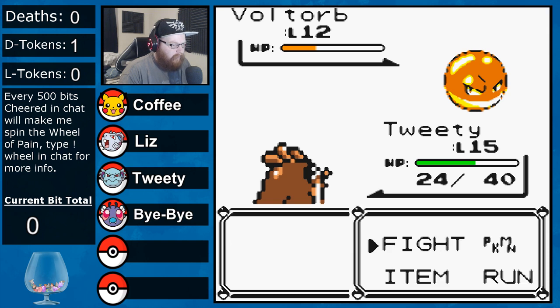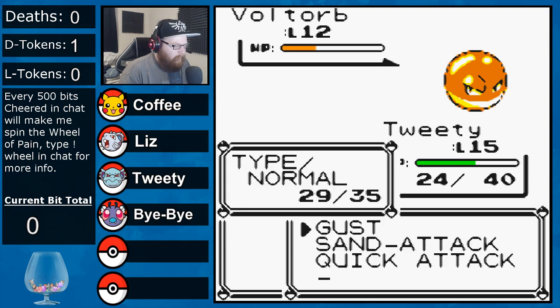Yeah, or I mean, if you don't have any of those, the best counter to most of them is just physical attackers that hit hard, because most of the psychic types' physical defenses are not great, so...